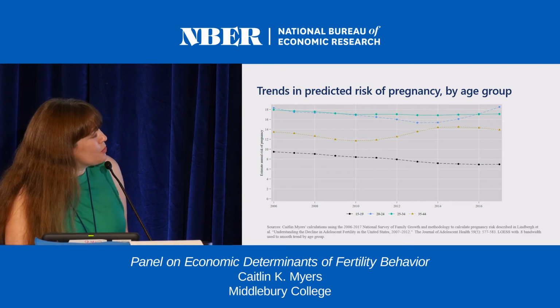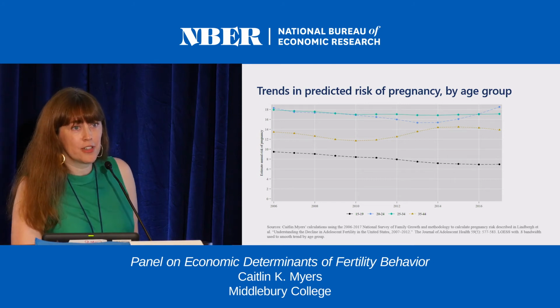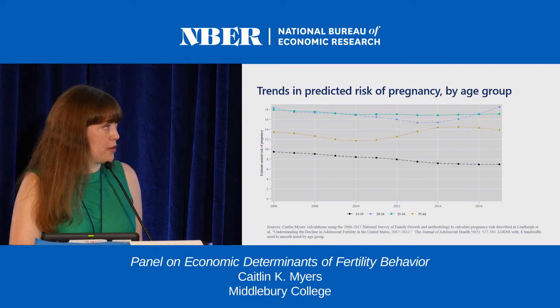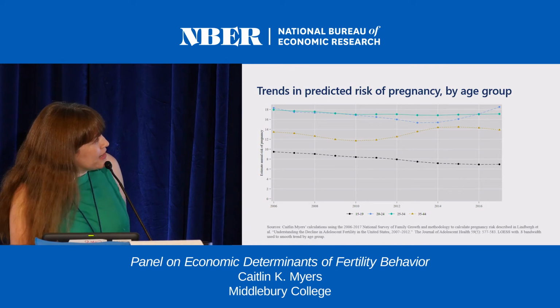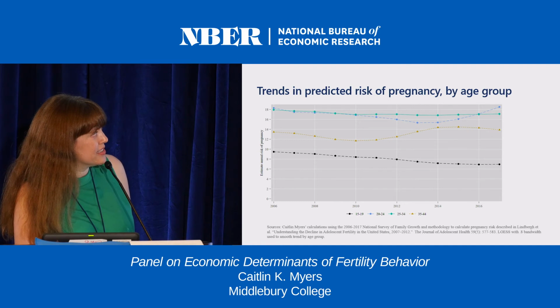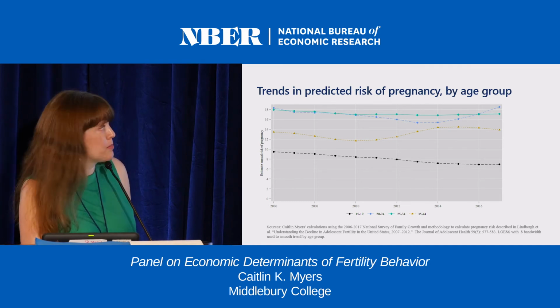And what I think is really interesting about this is for 15 to 19-year-olds, you see the fall, right? You see the fall in the risk of pregnancy. And if you do some back-of-the-envelope calculations, that fall's just the right magnitude to explain what's going on with their birth outcomes, subtract abortions. And similarly, for older groups, you actually see some increase for 35 to 44-year-olds, which is consistent with the view that women are delaying fertility and they're increasingly likely to be trying to get pregnant.